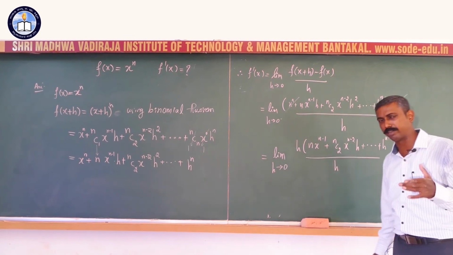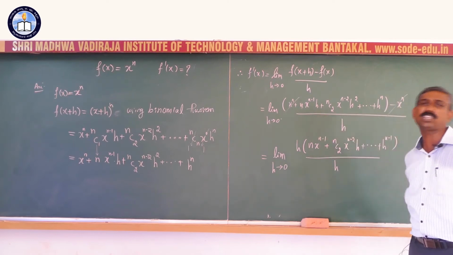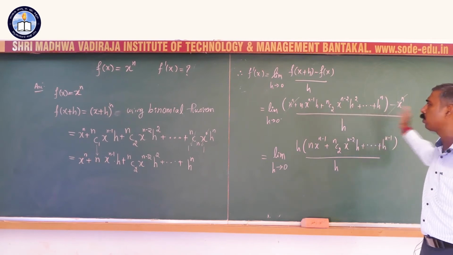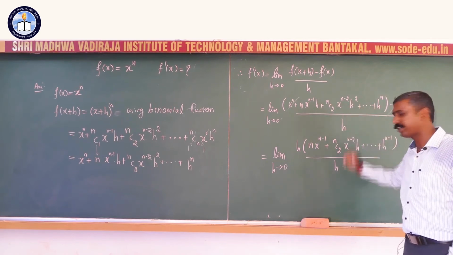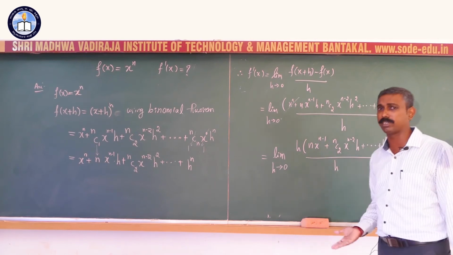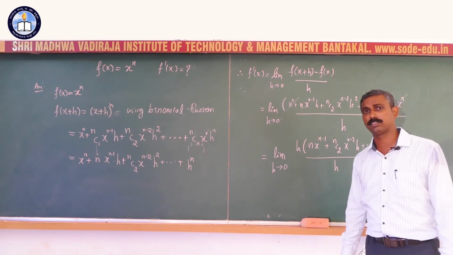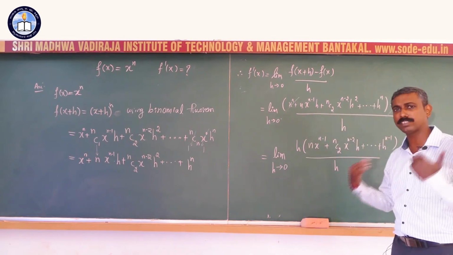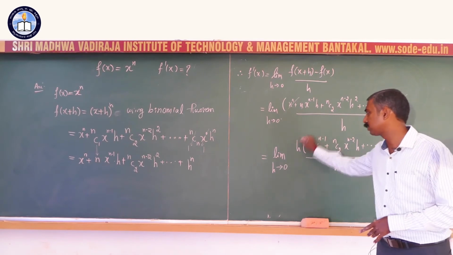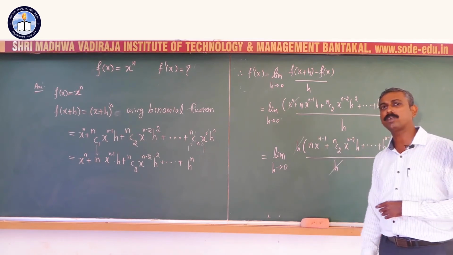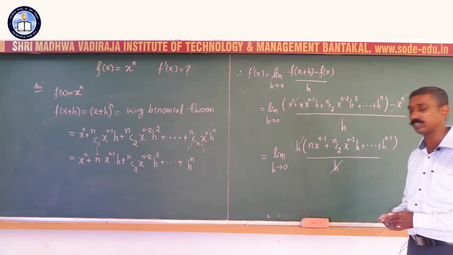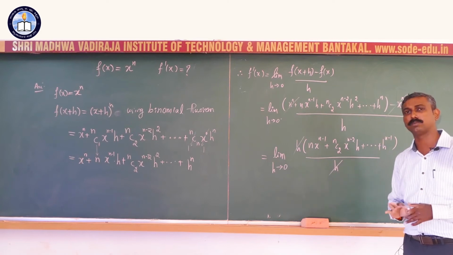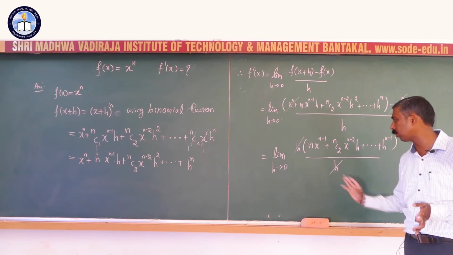You remember the procedure of limits, right? Here, why have I taken h outside? Simple reason: when you apply the limit directly here, everything will be 0 in the numerator, divided by 0. 0 by 0 is an indeterminate form, and we cannot find the limit for that. Now, by taking h outside, we made the task easier. What was that? Cancelling the h. The h got cancelled. What is the advantage? The advantage is there is no h in the denominator, therefore no division by 0. 0 by 0 is not coming.